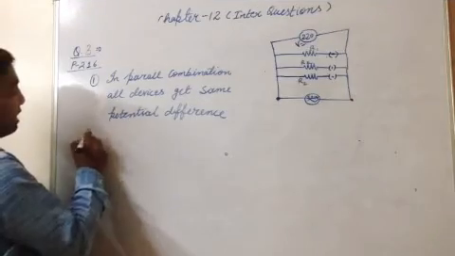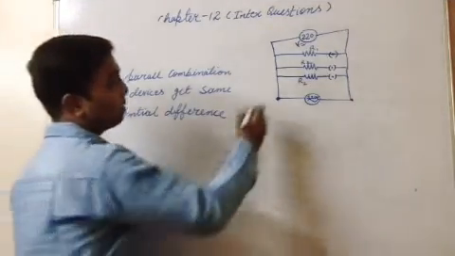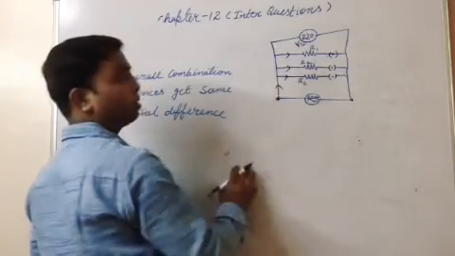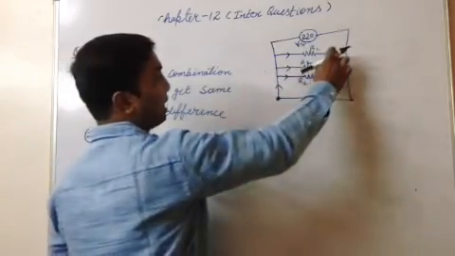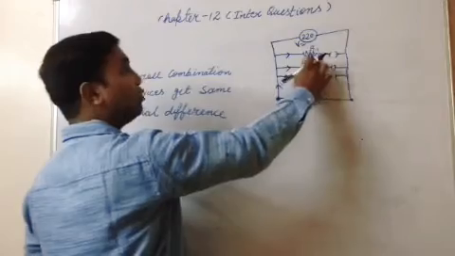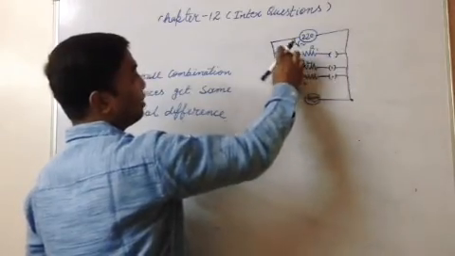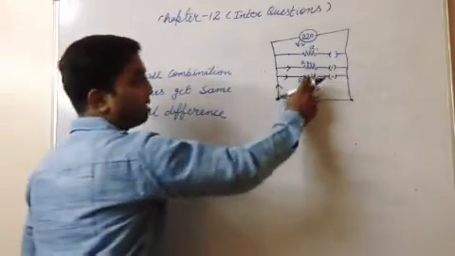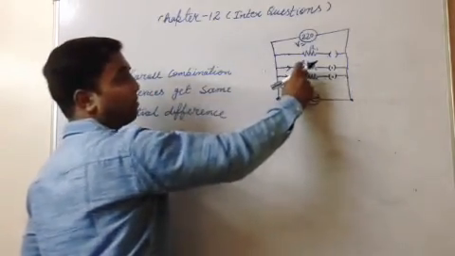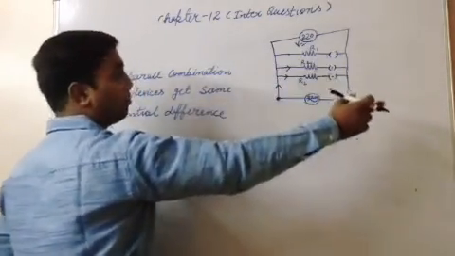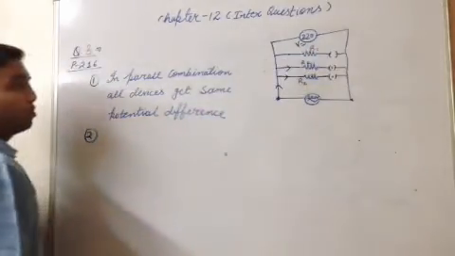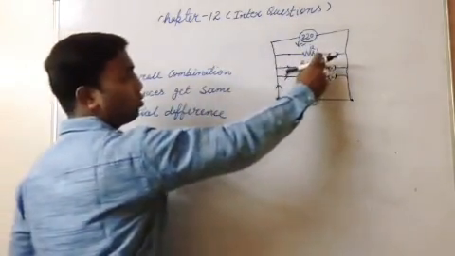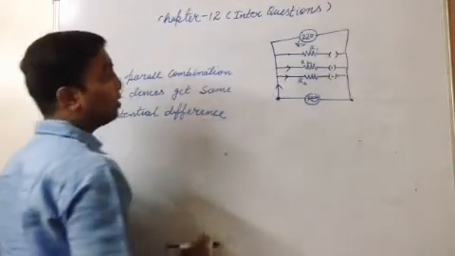And the second advantage is, right now all devices are getting current, but if you switch off one of the appliances, like here the television, then current will not pass through this way, but the fan would be continuously working, and the second device, the LED bulb, will also work. Only the television will not work. Why? Because current will not flow through here, because you have switched off the switch.